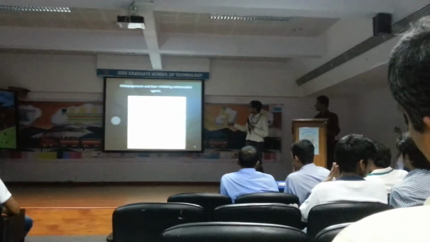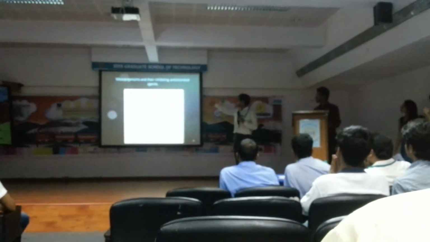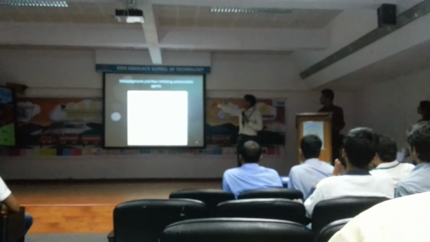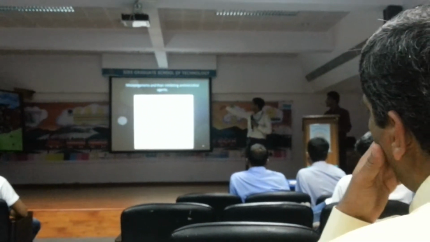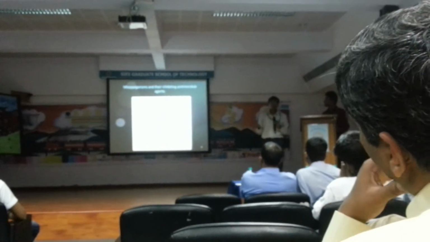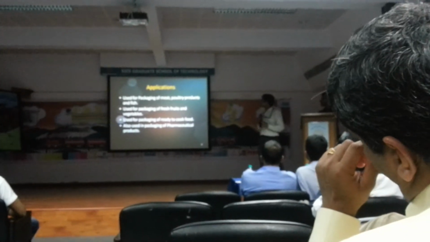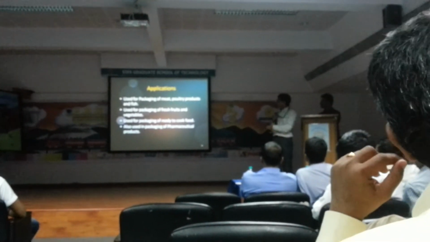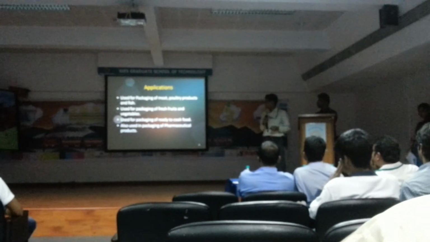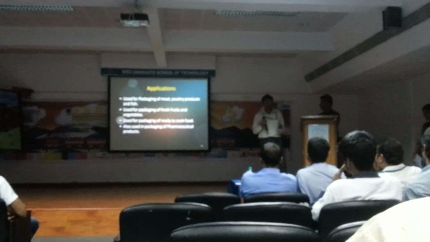This is actually a table in which the edible polymer is the edible film, which is the base layer, and for each specific mode, different antimicrobials are there. So organic acids and anhydrous solutions are used against molds for different layers. These are the applications: packaging of meat and fish products, and packaging of fresh fruits and vegetables. It's also used for ready-to-cook foods, and it has a huge application in pharmaceutical